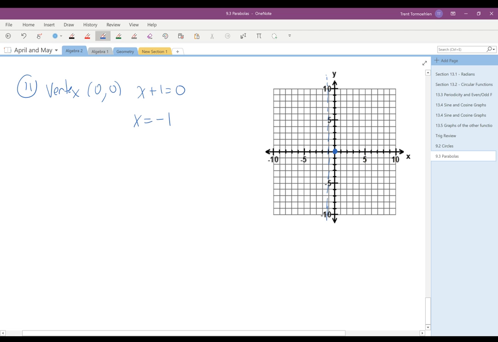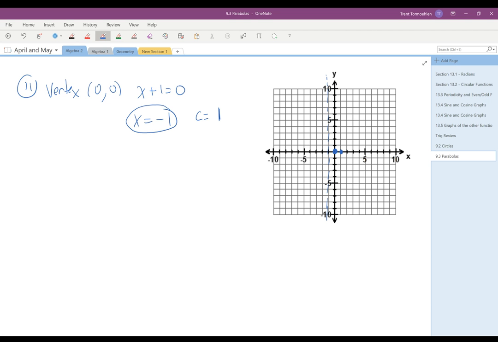So if you've got a vertical directrix, then that means that your parabola must open left to right. Because the directrix is to the left of your vertex, that means that the focus needs to be to the right of the vertex. And so our vertex is here. And so that means that we are going to be opening to the right. It also means, because it's x equals negative 1, that our c value is going to be 1. The directrix and the focus are going to be 1 unit away from the